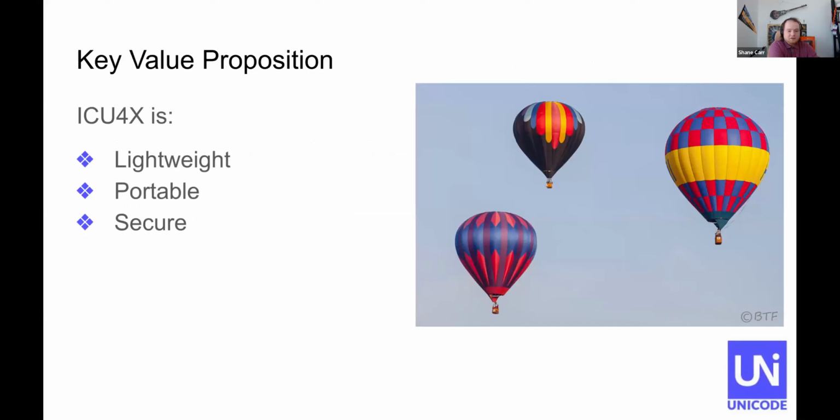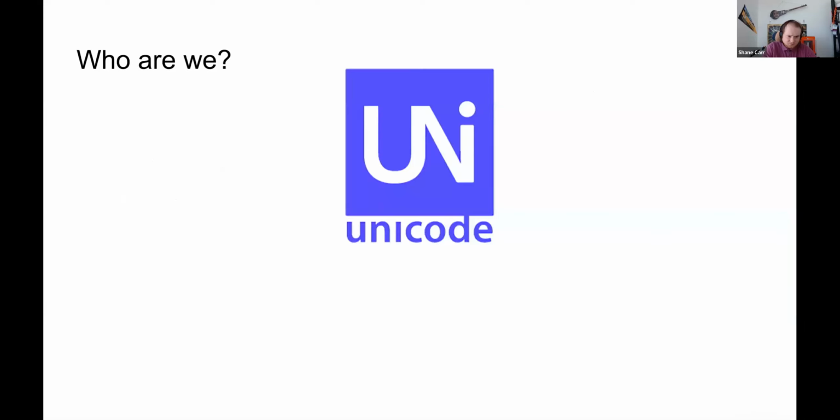Lightweight is the modularity and low code size and memory usage I was talking about earlier. Portable means that you can run it on any environment, any platform. And secure means that it's written in Rust, and therefore we have a lot more guarantees about the code and memory safety and those types of things.